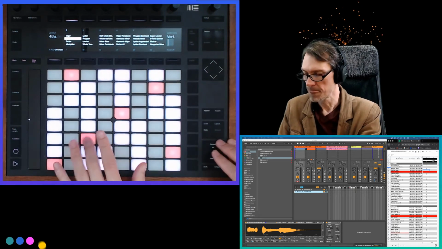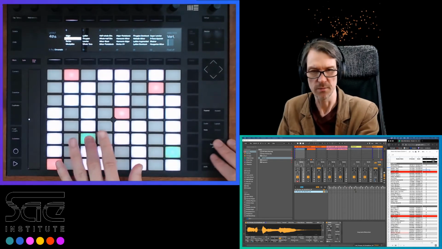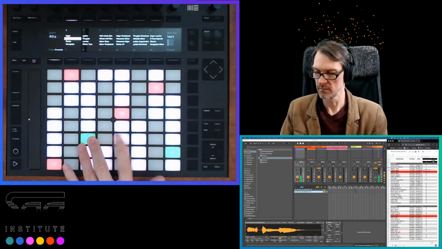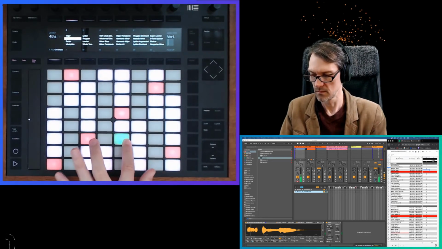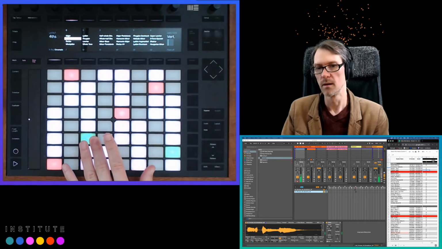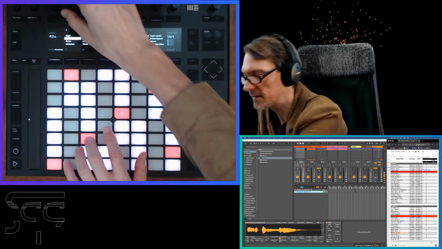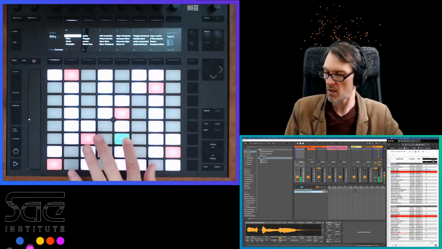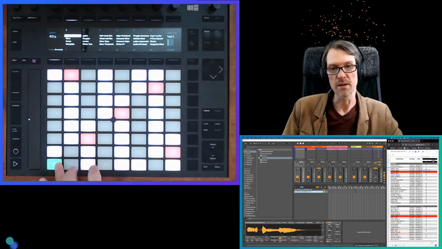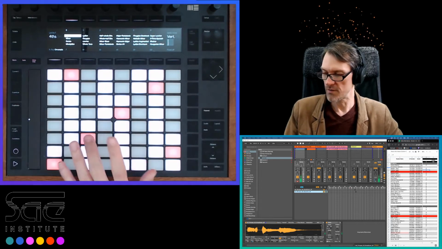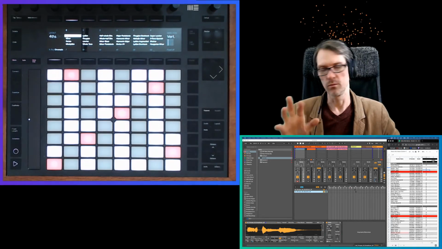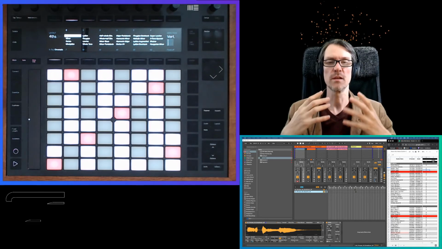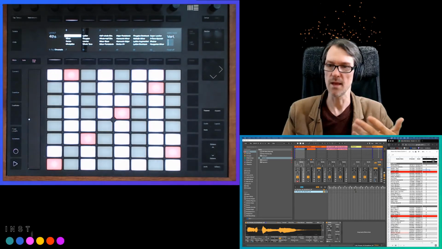So here, it seems like I should be playing the right sample, but it's not. So I hit the octave key. Now you can see it is in the right octave. But if I was playing it down here, I wouldn't be hearing anything. So if you're getting to a point where you loaded up a drum kit and you're not hearing anything and you're trying to hear stuff, well, make sure that you've got the correct octave. And the only way you can do that is by hitting